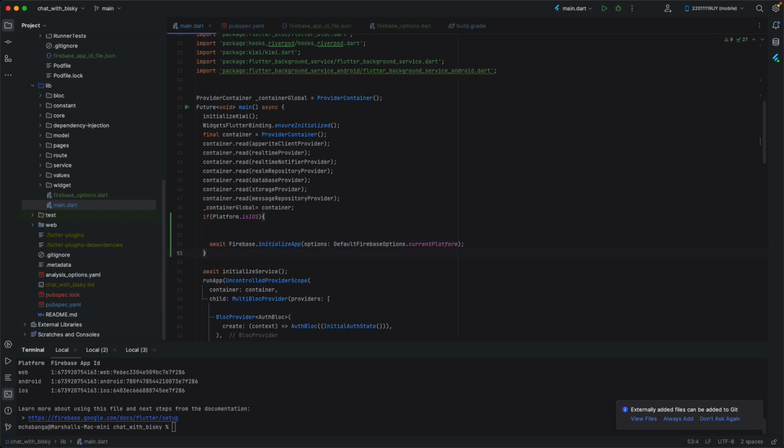Or else if it's Android, it does not have any issue, we just say initialize app without